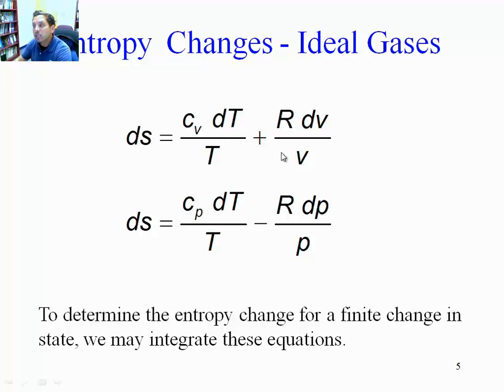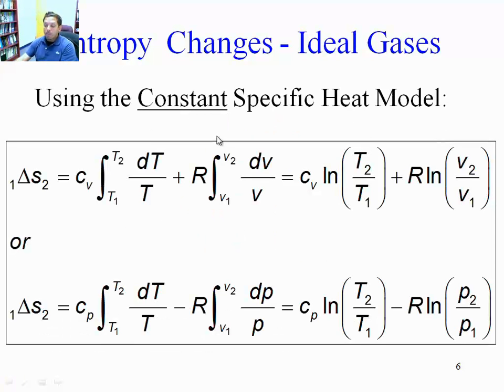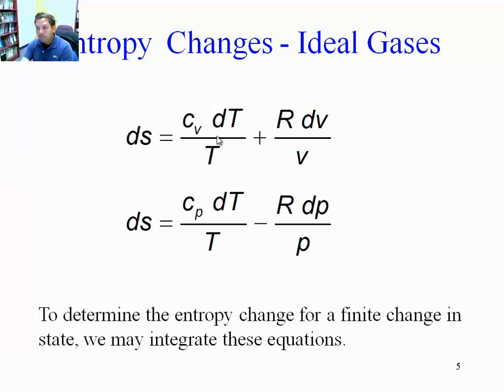And what we do is integrate this whole thing. Okay? So we say that the change in entropy, not dS, but delta S from 1 to 2 is the integral of these plus the integral of these. Now, this will depend on whether we can assume that the specific heats are constant or variable. Now we know that we can take R out of the integral. It's no big deal because R is a constant. But Cv is not necessarily a constant. We might have to leave it inside the integral. But under the constant specific heat model, Cv may be assumed to be a constant and we can take it out of the integral.